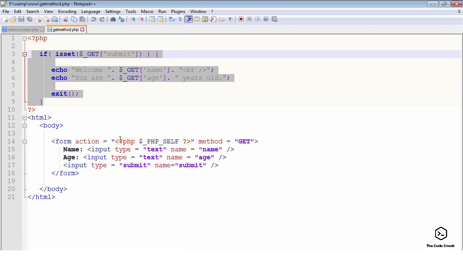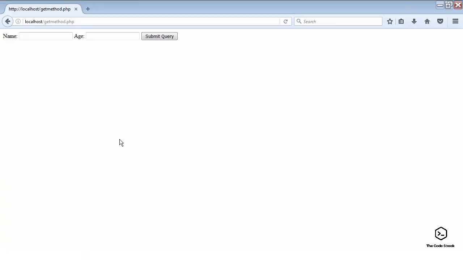Okay, so we can see that that particular URL is how it is created. We will run this example, and I will show you the exact query string that is displayed in the address bar of the browser. So I open this get method.php in my browser. The form is appearing with two text elements, name and age. I now enter some data